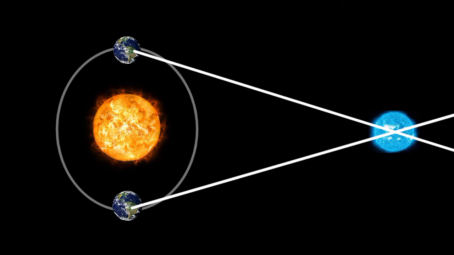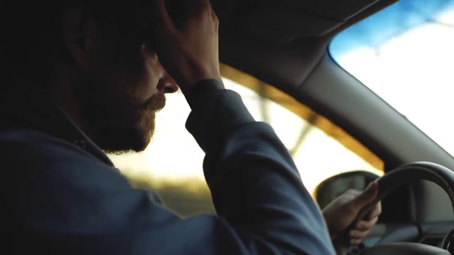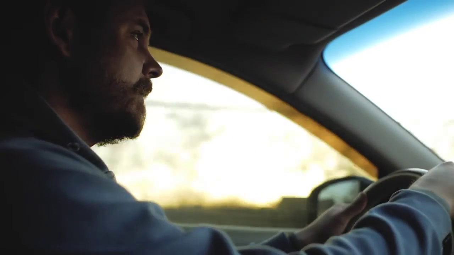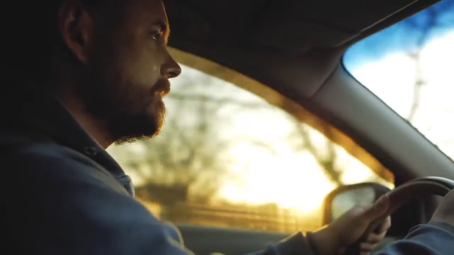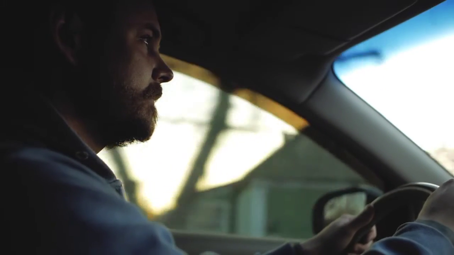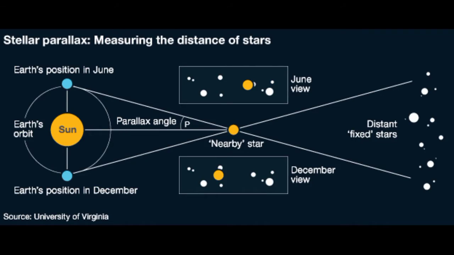From this change in the position of the star between two observations, the scientists are able to calculate the accurate distance of the star from our solar system. For better understanding, imagine you are traveling in a car. When you look out from a window, the objects which are close to you will move faster than the objects which are far away. By this we can conclude that there is some relation between the change of the object's position and distance.